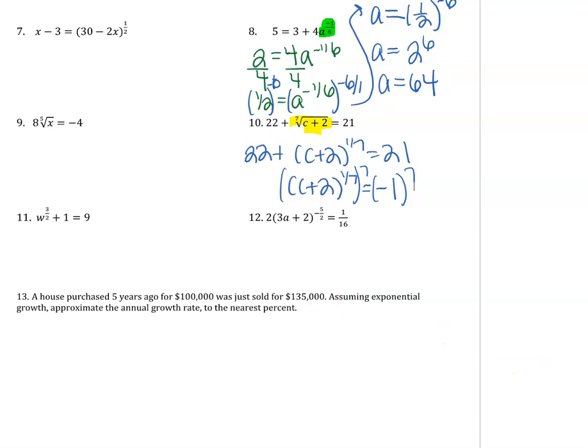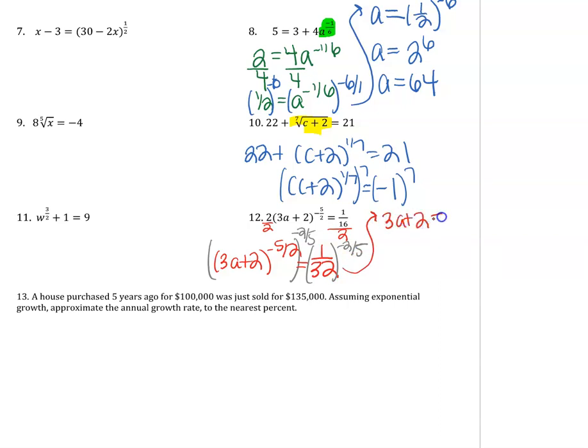All right, the last one I'll leave you with here is number 12. Again, I got to first divide by 2. So this is 3a plus 2 to the negative 5/2 equals, now times 1/2 is the same thing as divide by 2, so this is 1 over 32. Now I raise both sides to the reciprocal power of negative 2/5. Now because the denominator is odd, not even, I don't have to worry about the plus or minus. So this is 3a plus 2 equals, I'm going to flip this base, and now it's a positive exponent of 2/5,